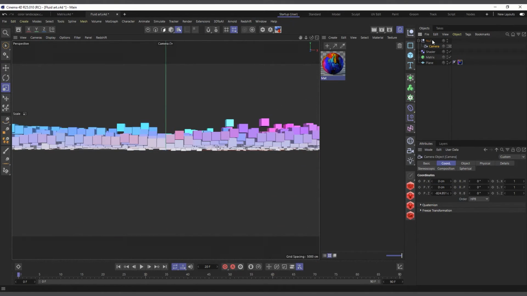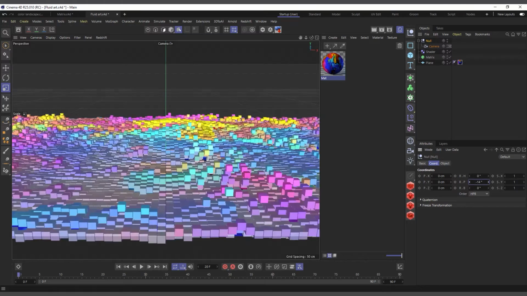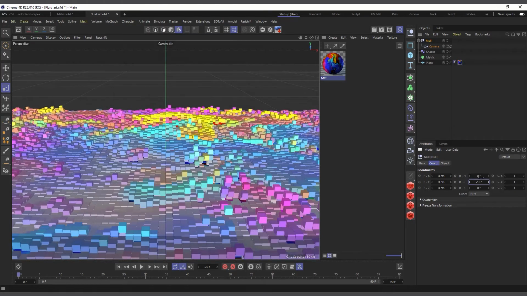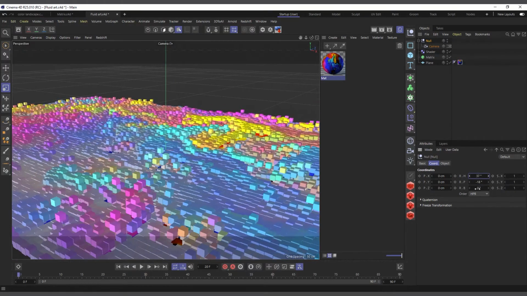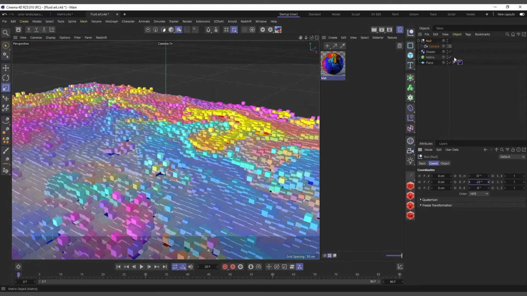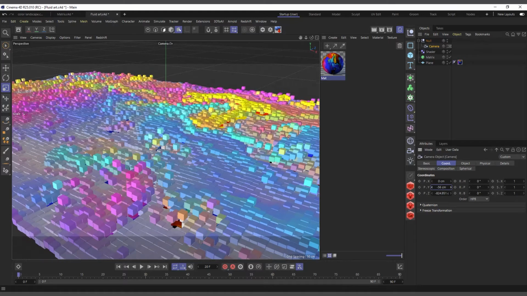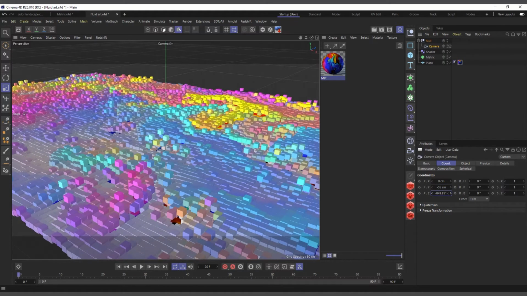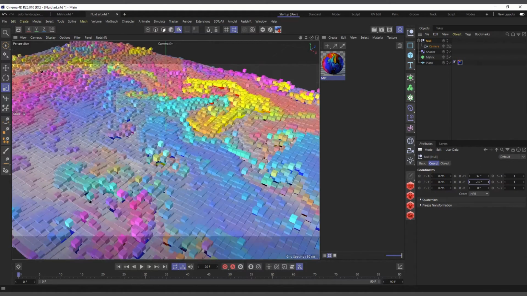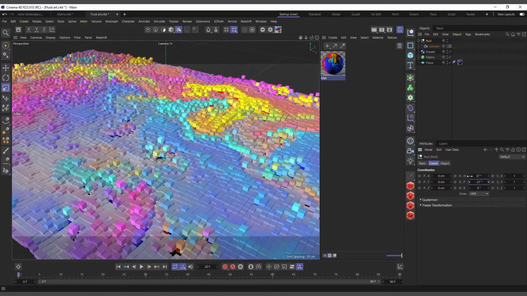Now I can use the null object to rotate the camera. I'll make it look upwards like this and rotate it somewhere here. Now coming to the camera, somewhere here will be fine. Zoom out a little bit. So yeah, I'm placing my camera, and I think everything is fine for now.